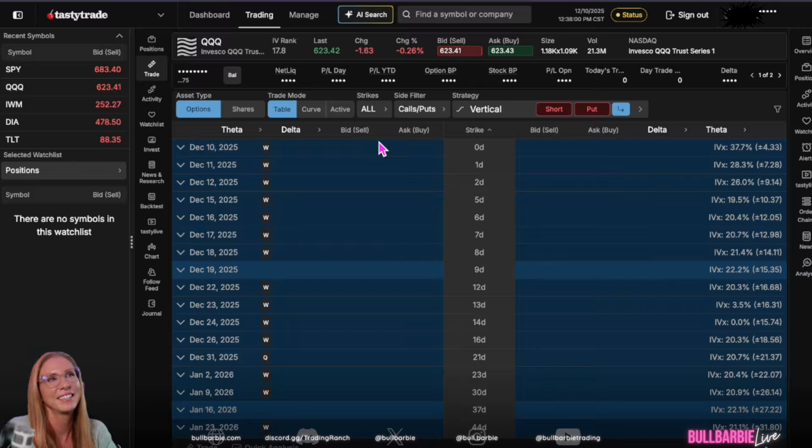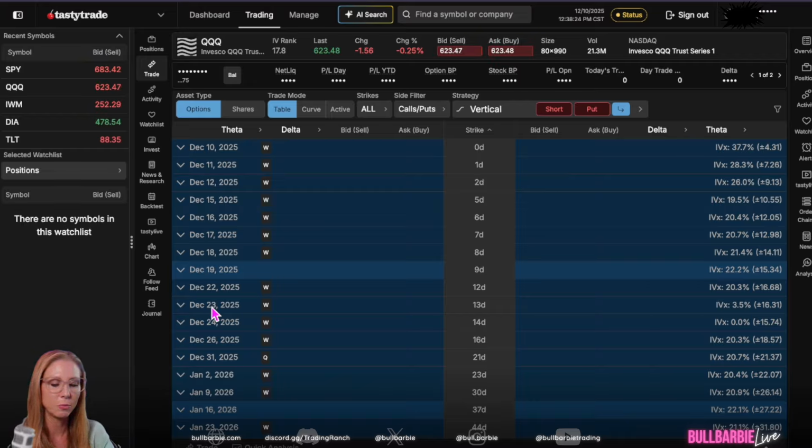So where do we start at a broker? This Tasty account that I'm showing you right now isn't even funded. I just have it so I can use their tools and stuff. This is on a browser. If we're going to compare brokers between Tasty and Interactive, I would say Interactive Brokers or Trader Workstation is